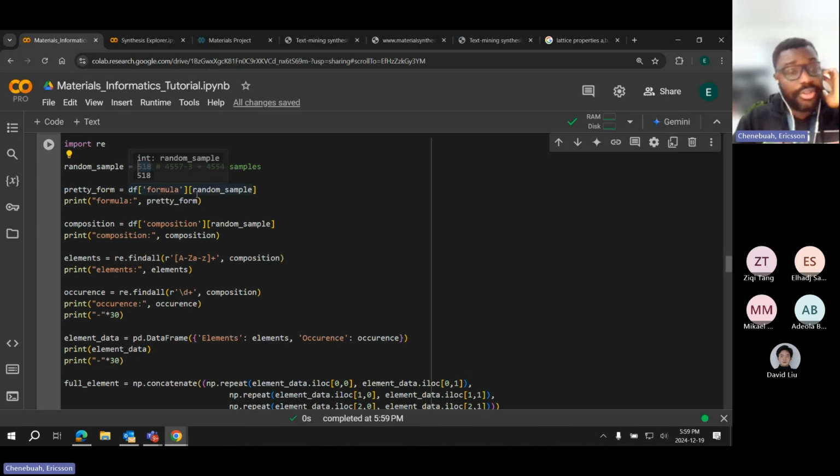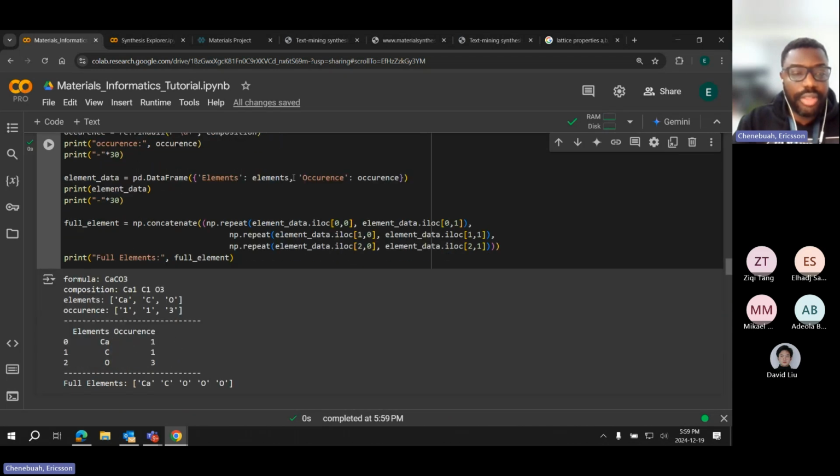And then I want it to give me the formula, the composition and the elements. If I run this, this is what it's going to print out. It tells me the formula for that sample is calcium carbon oxide, CaCO3. It tells me the composition is like this, 113. It breaks it down properly to tell me calcium has one, this, and